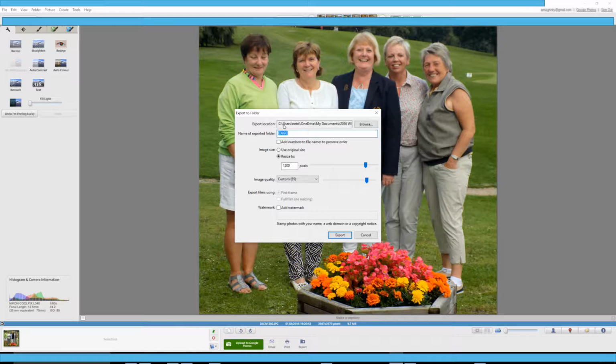Once set in Picasa, that doesn't change. The name of the exported folder is generally the name of whatever folder the photograph was originally in, but you can change that to anything you want that's more memorable. For instance, just using the date, today's date, or whatever day you're operating from. Now you'll notice that